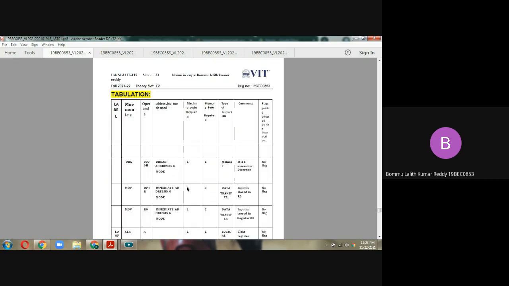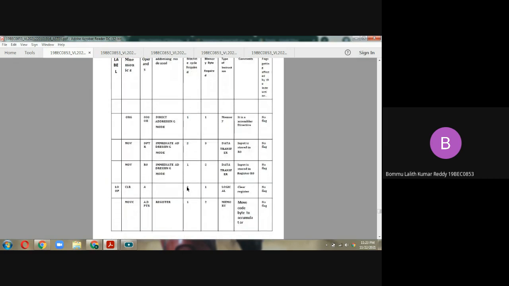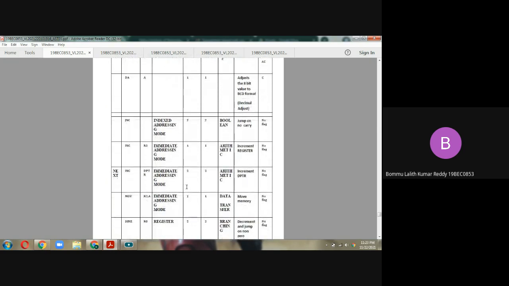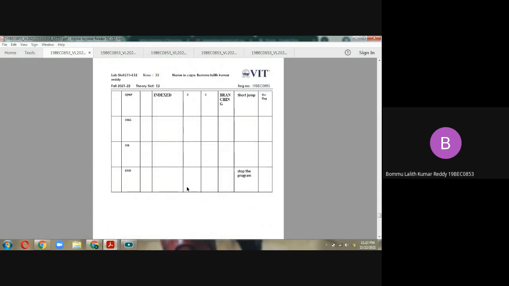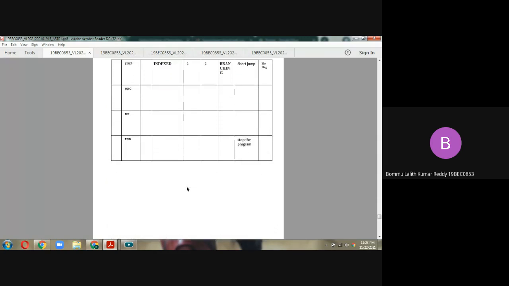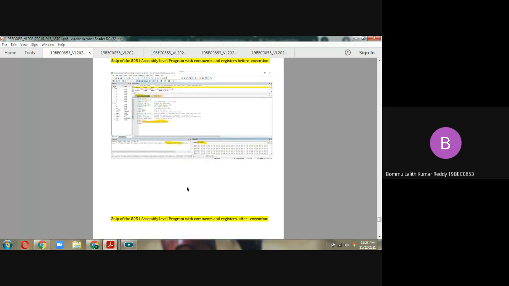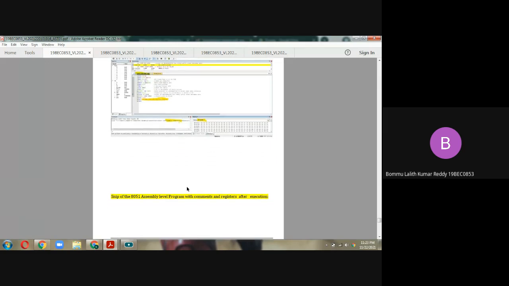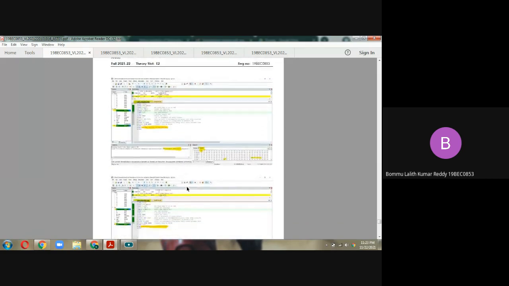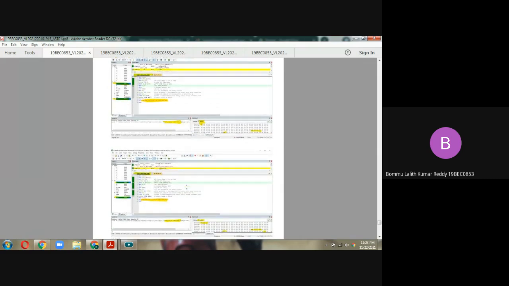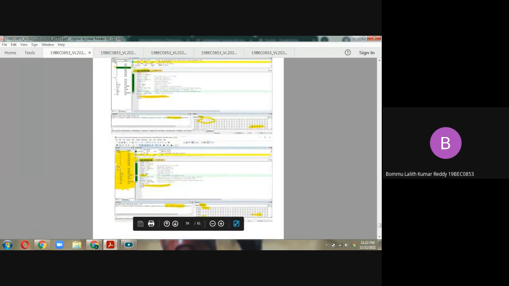So again it continues like that, and this is the tabulation for every mnemonic in the program. As you know, everything will be here. In this task also no flags are involved or affected, and this is the output before execution. Before execution the code is given in the Keil software, and after execution this is the output. Now you can see in every output my registration number is visible. So these are the registers R1, R2, R0 and all, and this is my registration number visible in this output.